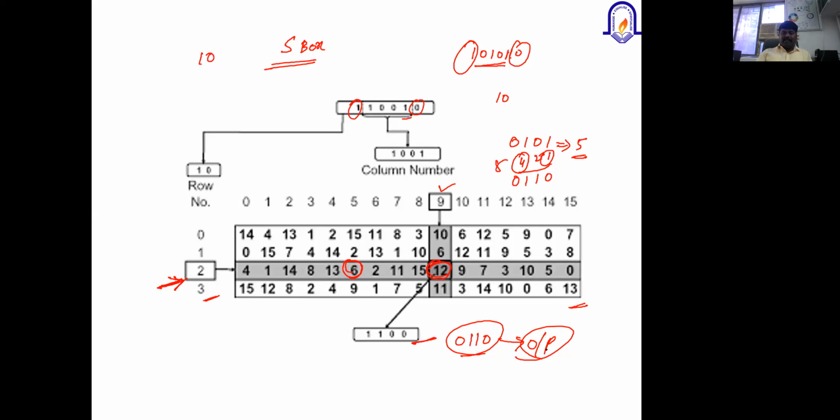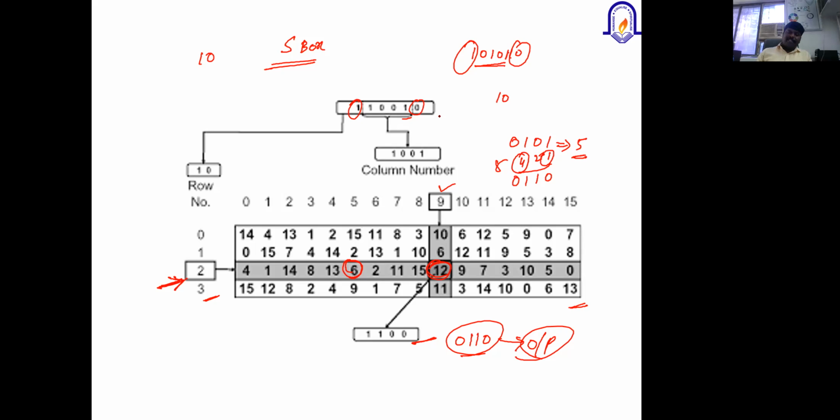So 0110 is the output I got from the S box operation. I hope this is clear. Any clarification required? Any further explanation required for how this SBox operation works, how it accepts the input and produces the output? Basically, this SBox operation accepts six input bits, and all those six bits are converted into 4 bits of output using the SBox table.